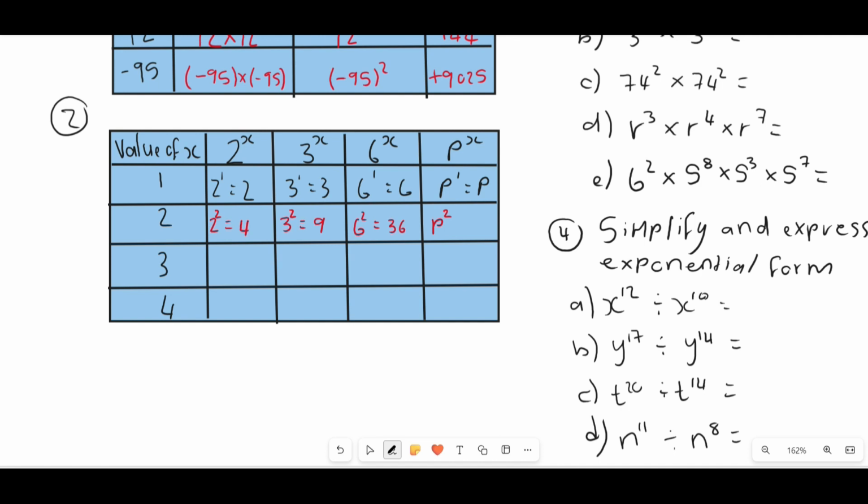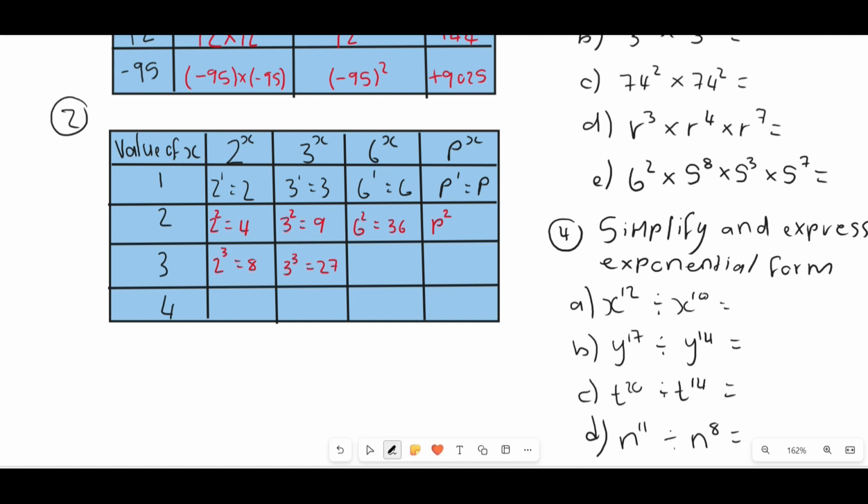Now here, we need to make the value of x 3, as you can see. So let's do that. That's then going to become 2 to the power of 3, which is 8. Here it would be 3 to the power of 3, which is 27. Just to explain, 2 to the power of 3 means 2 times 2 times 2. And we know 2 times 2 is 4, but we need another 2 in there, so 4 times 2 is 8. Same thing happens here with the